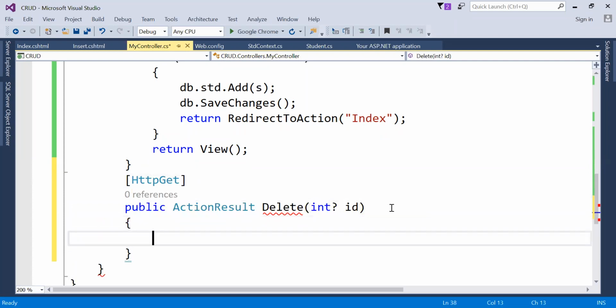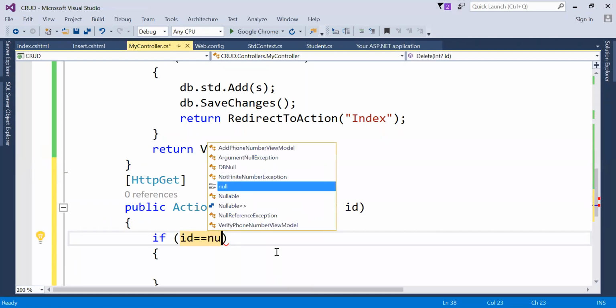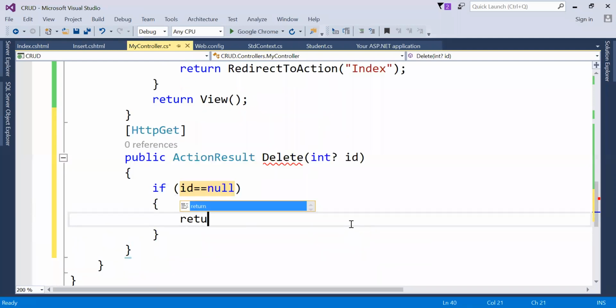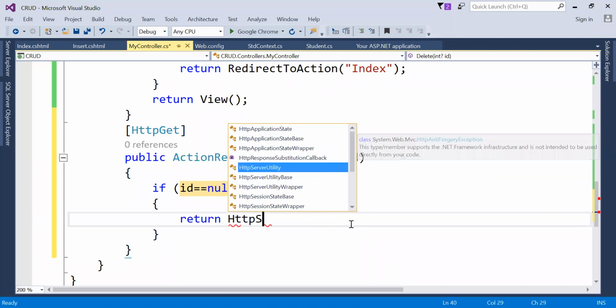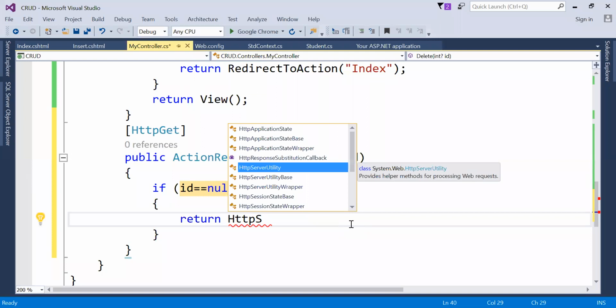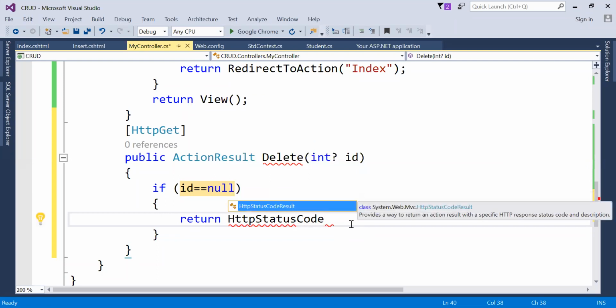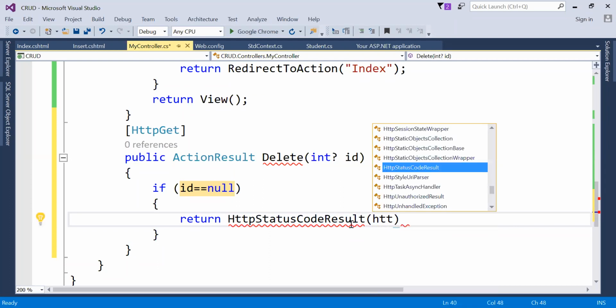So what is our job? First, we have to check whether this ID is null or not. So use if ID is equal null. So what we have to do? Return HTTP status code result, got it? This is the class, and use HTTP